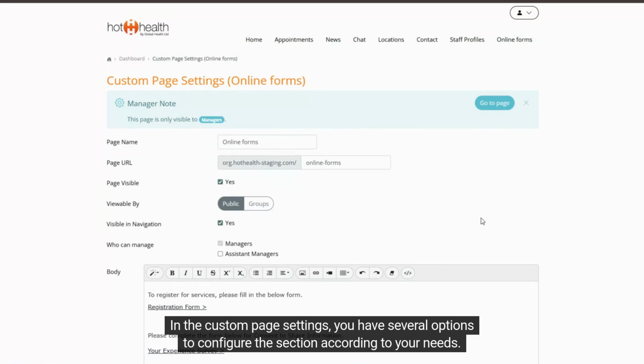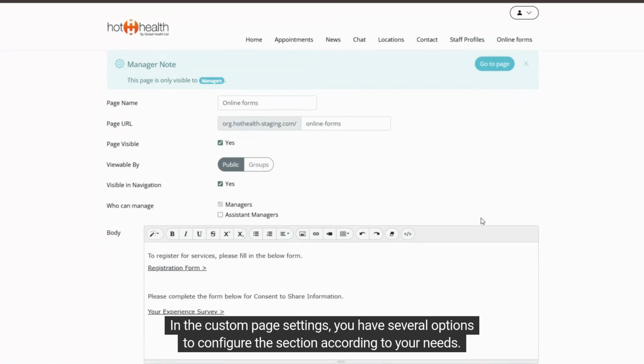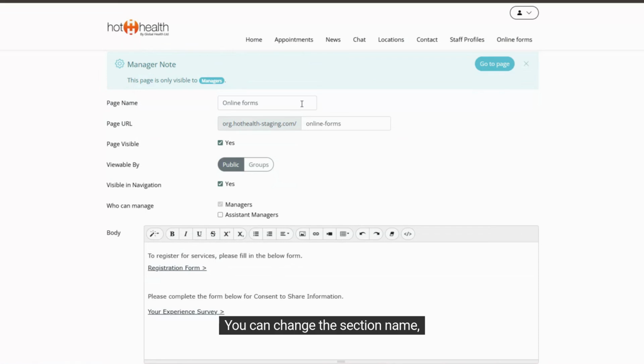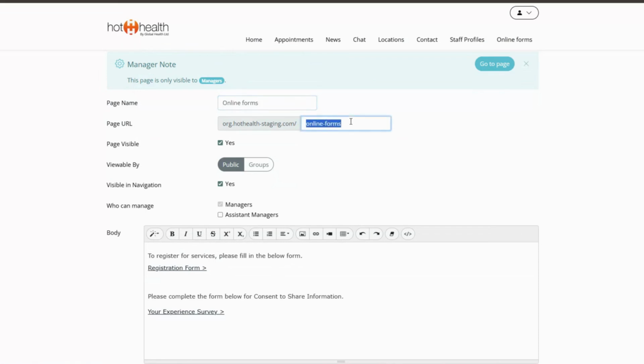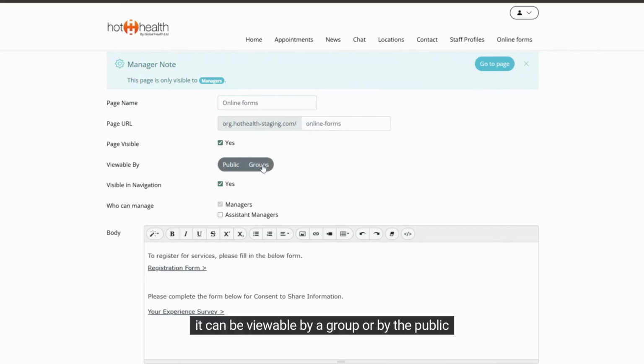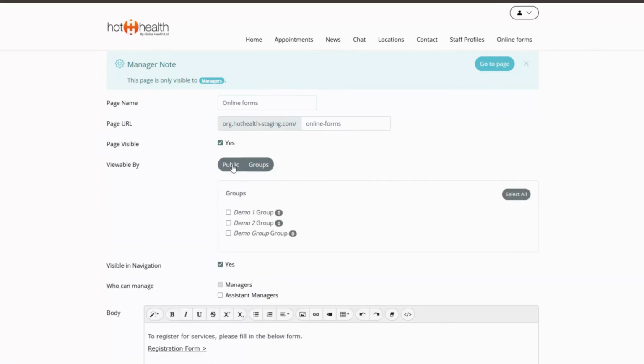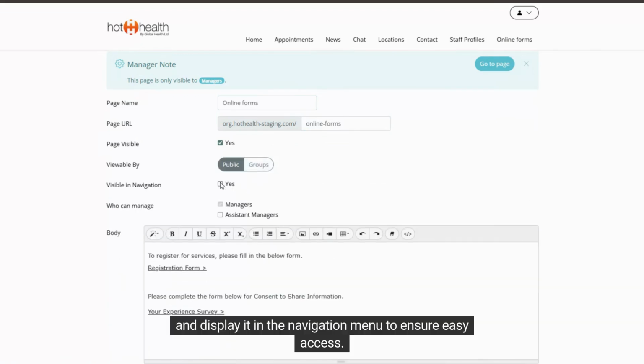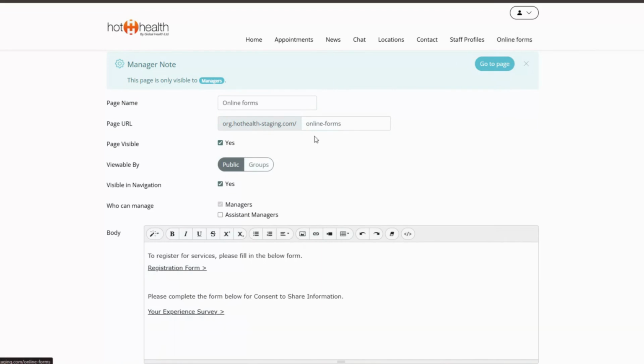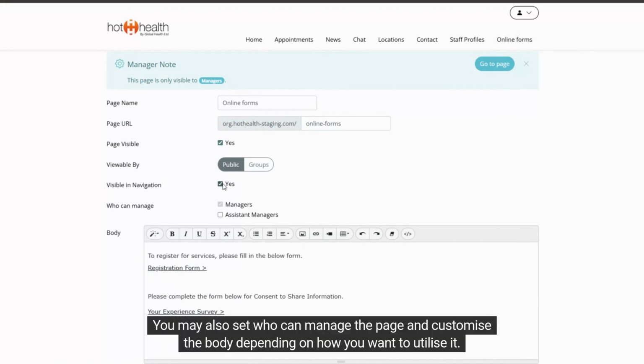In the custom page settings, you have several options to configure the section according to your needs. You can change the section name, add a customized page URL, make the section visible. It can be viewable by a group or by the public, and display it in the navigation menu to ensure easy access. You may also set who can manage the page and customize the body depending on how you want